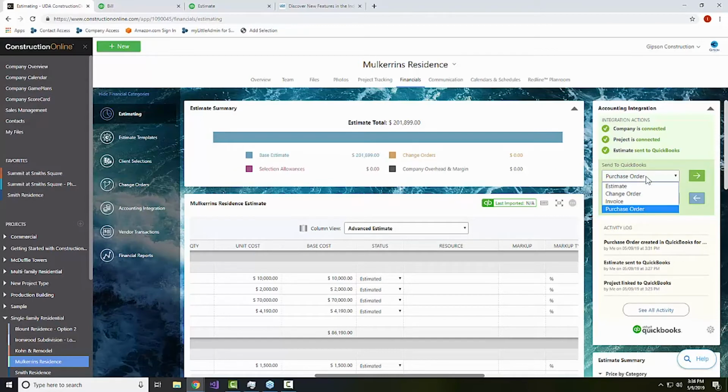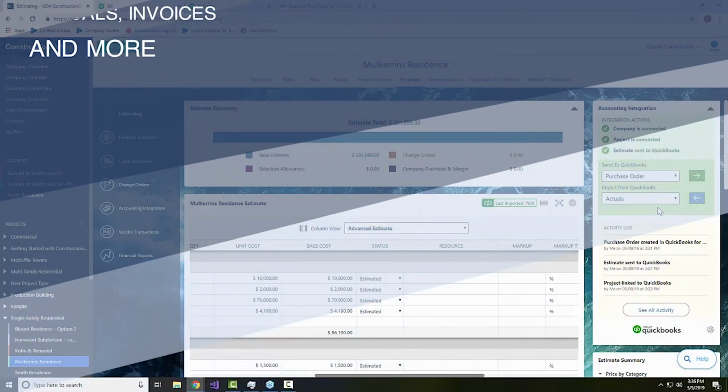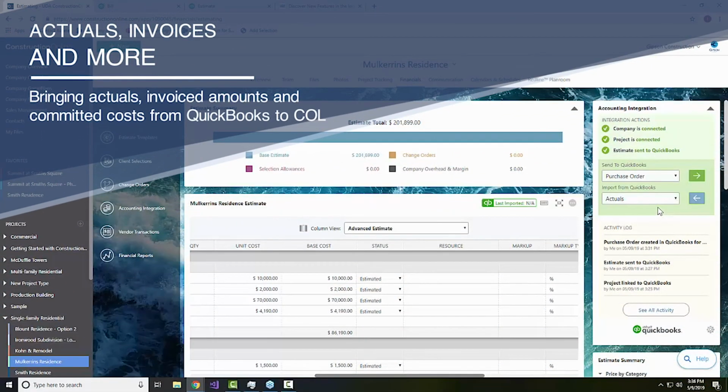We have the ability to create content in QuickBooks at the click of a button. We also need to report off of that as well. Holly, I know in this case you've got, what did it say, $8 million worth of projects? I do. And that's a lot of dollars to track coming and going. So we need to do that, and we need it to be quick and easy, and from here it couldn't